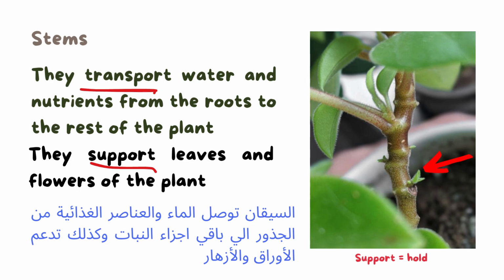So we have 2 functions for the stems. They transport the water and nutrients that are absorbed by the roots to the rest of the plant. Also, they support, they hold the leaves and the flowers of the plant. Okay,